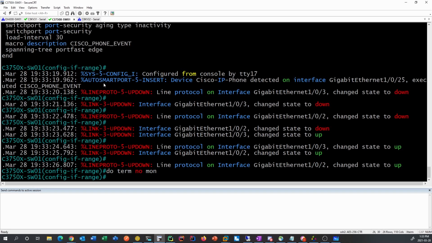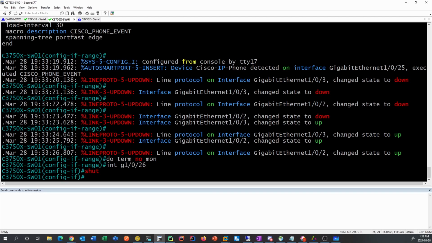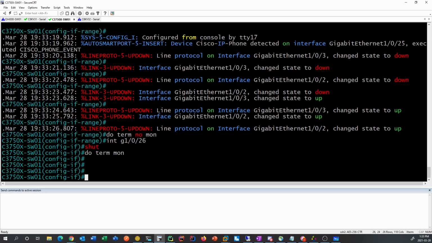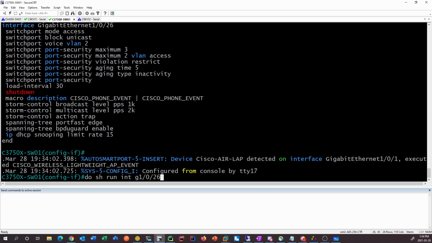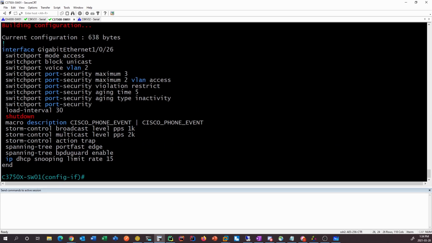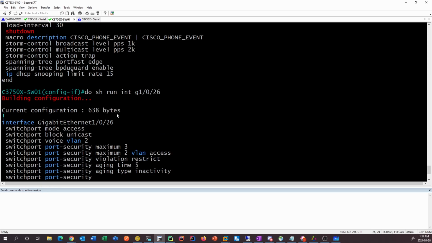Now, if I went ahead and turned off this port, see if it's going to behave now. Once it realizes it's down, give that a minute. But eventually when it realizes it's down, it's going to actually remove that configuration for us. And same thing with the access points. So we can see that